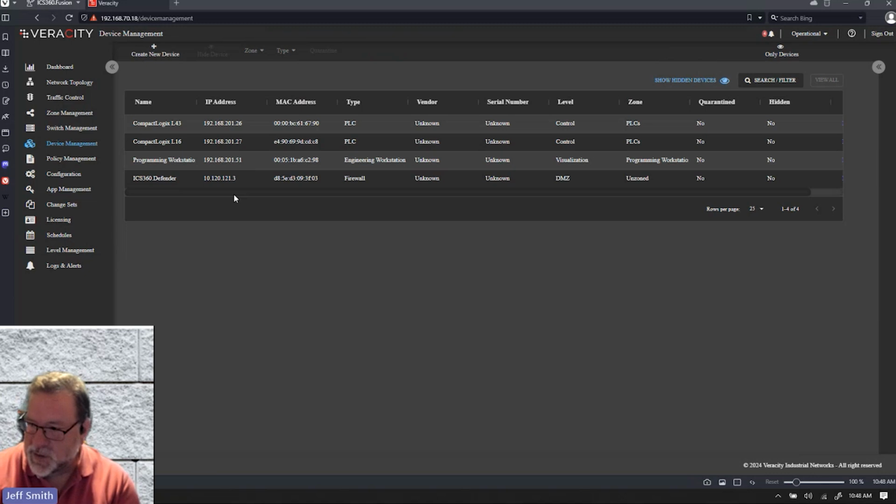So backup options that exist, there's a question in chat. The backup options are you can completely back up and export the controller and save it. In the very near future, there's going to be a scheduled backup to a known network location.